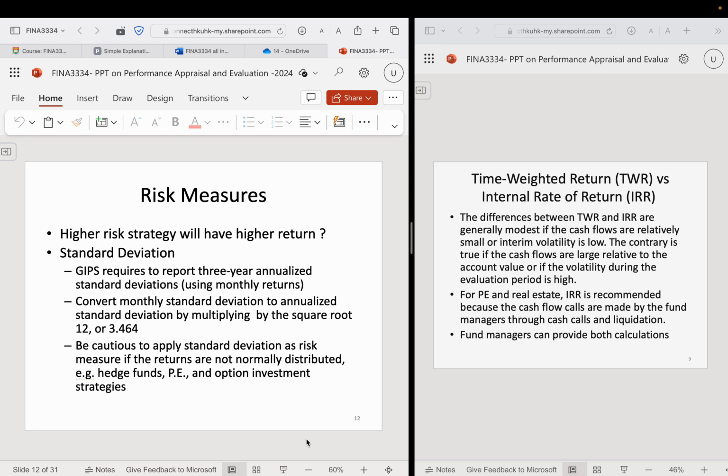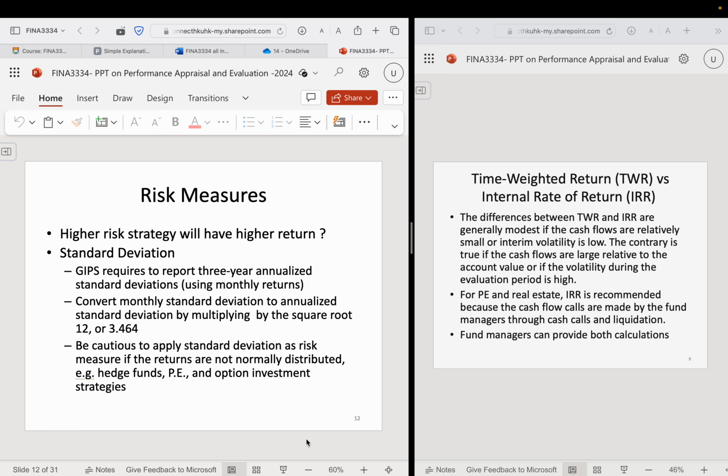So when we talk about volatility, we always apply it to something which is fixed. This is an illustration from the textbook, an example of tracking error. You see there are different calculation methods giving different tracking errors. And the other way of talking about risk is the downside risk measure.